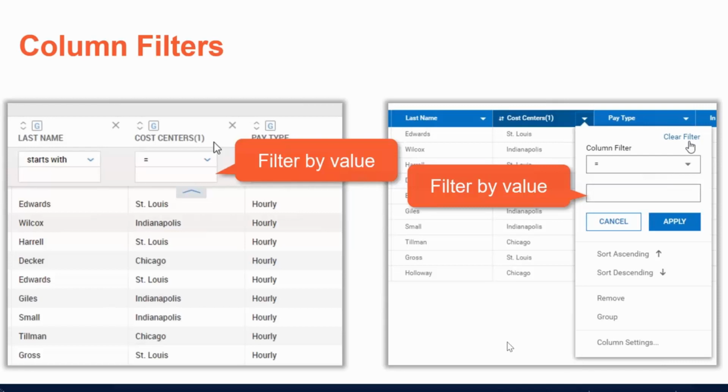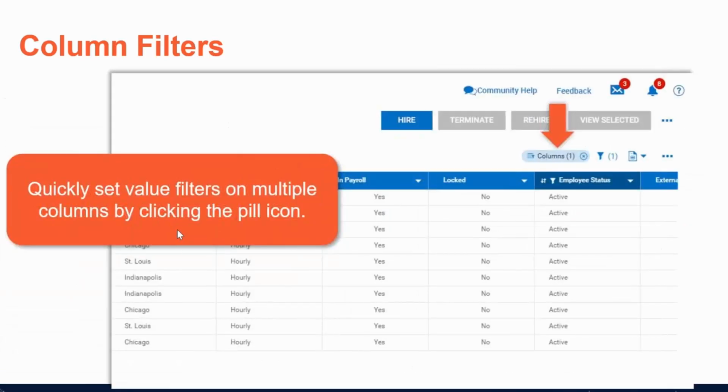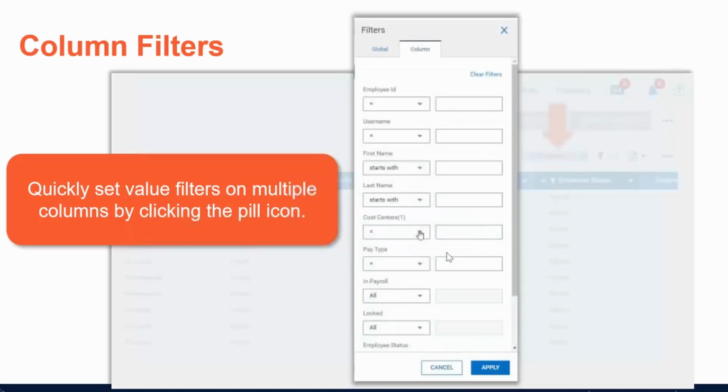Can certainly do that and hit apply. I can also set values to filter by and do it by multiple columns at a single time by clicking this little pill icon that says columns up here in the right. So it says I got one filter listed here in the upper right corner. If I happen to click on it, now it gives me all my columns